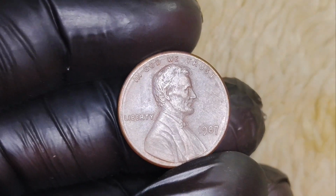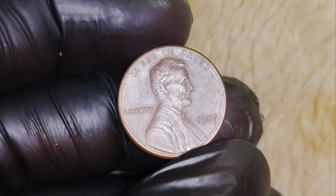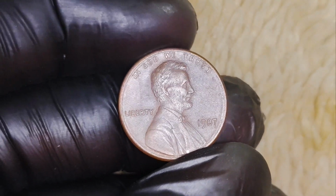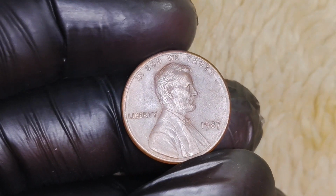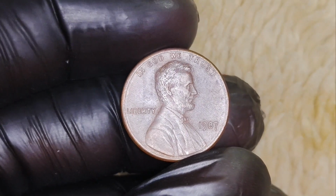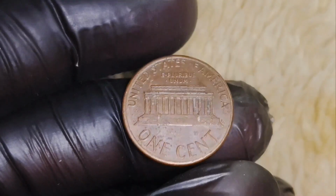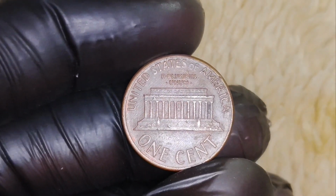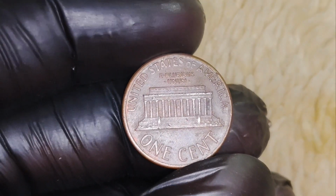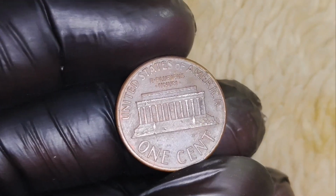What really sets these pennies apart is a combination of rarity, demand, and the fact that certain collectors are willing to pay a premium for the most pristine examples of this coin. High-grade 1987 pennies without a mint mark are so hard to find that they have become almost legendary in the numismatic world. In addition to condition, there are also certain varieties or errors that can make a penny much more